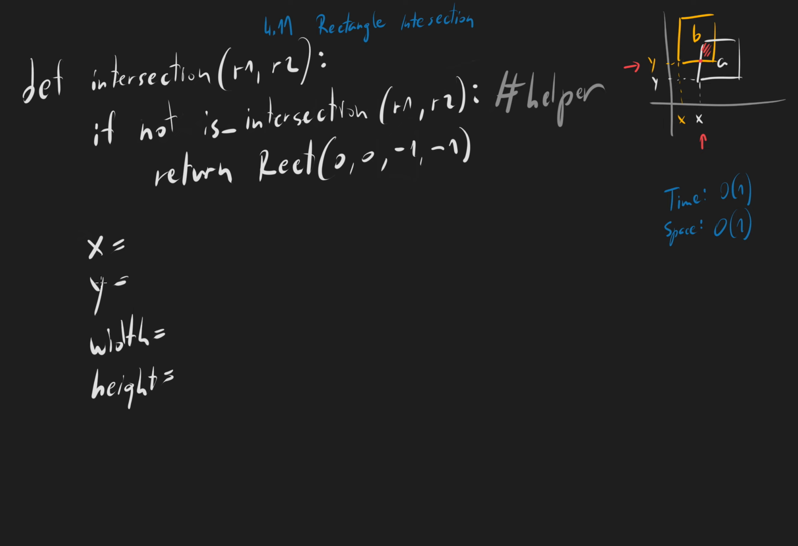Okay, so X and Y is just max between R1X and R2X. Y is the same, so max R1Y and R2Y. But for width, as we see, we need to always take the smaller rectangle, right? So the minimum between